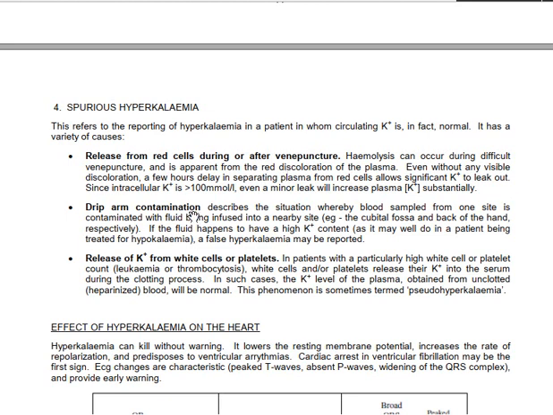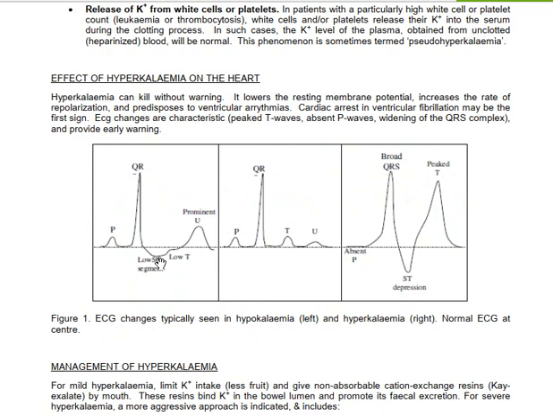Drip arm contamination is described as a situation whereby a blood sample from one side is contaminated with fluid infused at a nearby site. Is it clear? So you have the cubital fossa and the back of the hand respectively. Now you have also the release of potassium ion from white blood cells, in patients who are particularly high in white cell and platelet counts. Is it clear? So they are going to have some forms of hyperkalemia,